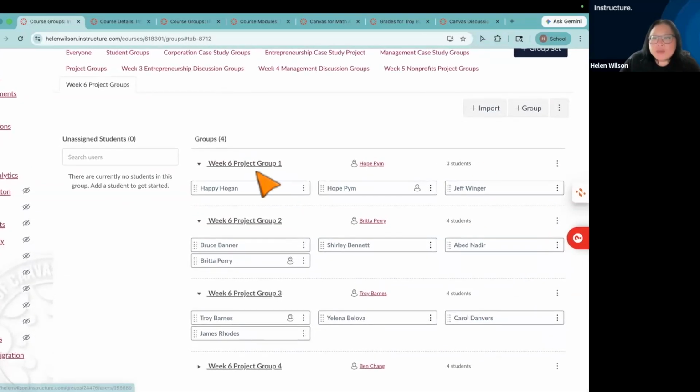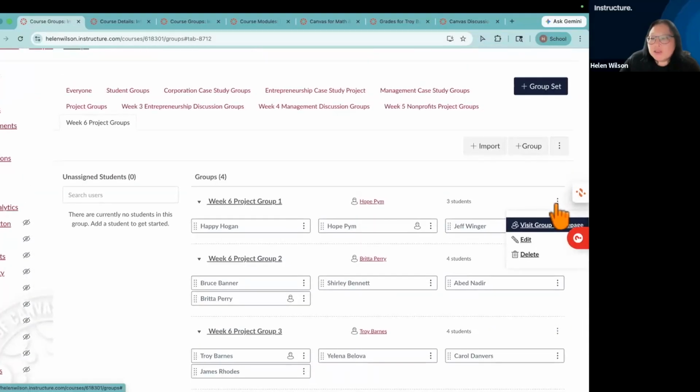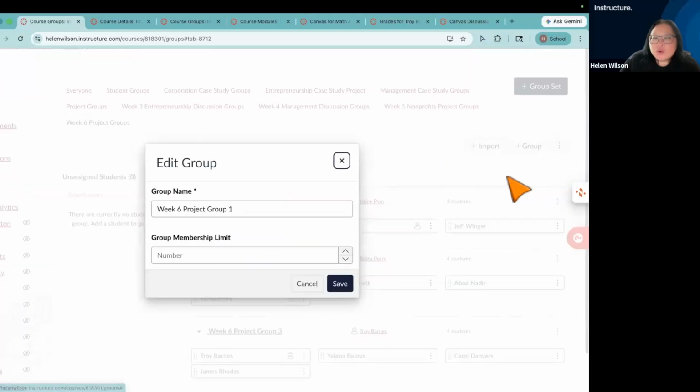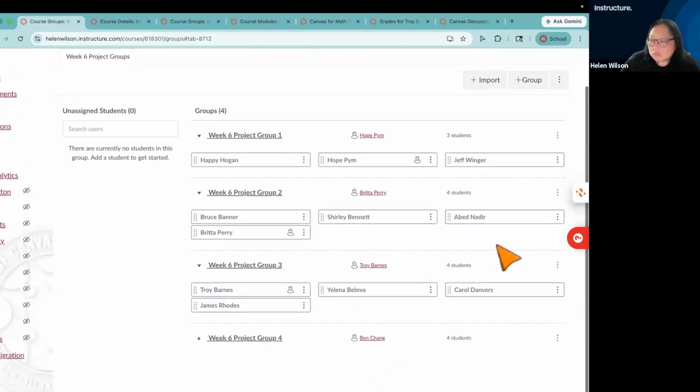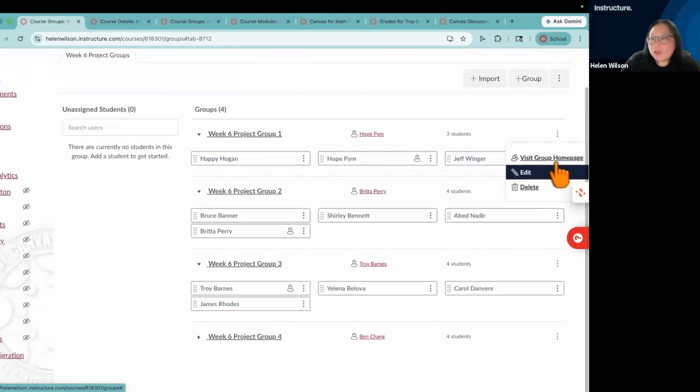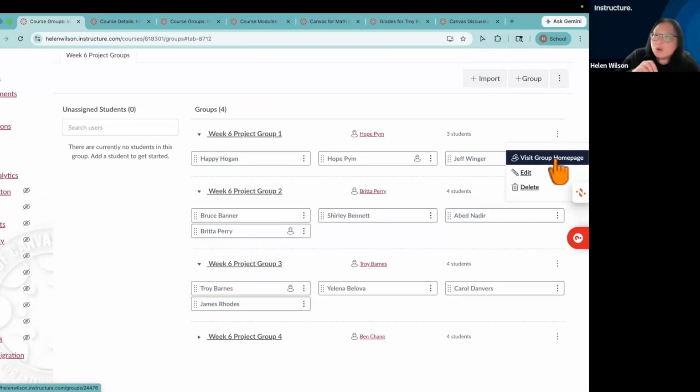Now, as you see here, each of these groups also has a little menu. In this menu, let me move this up here. You have 3 options. You can delete the group, in which case these 3 students come back to the unassigned list. You can edit the name of the group or the limit or both. Or, and we'll visit this a little bit later, you can visit what's called the group homepage, which for now I'll just define as a semi-private space where you expect students to be working on the group project, collecting artifacts,